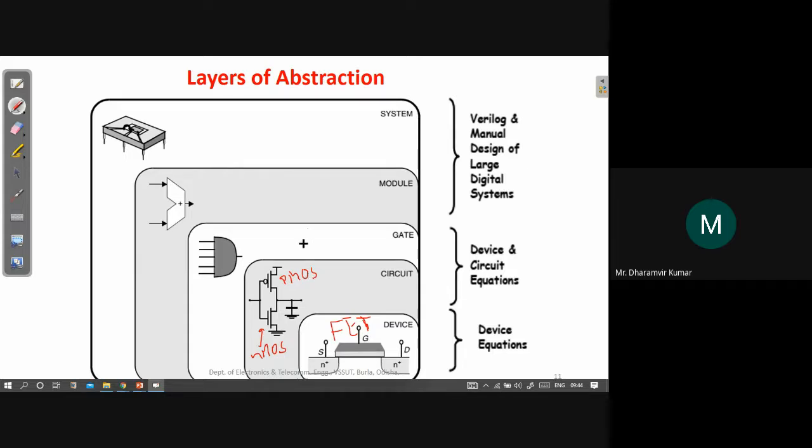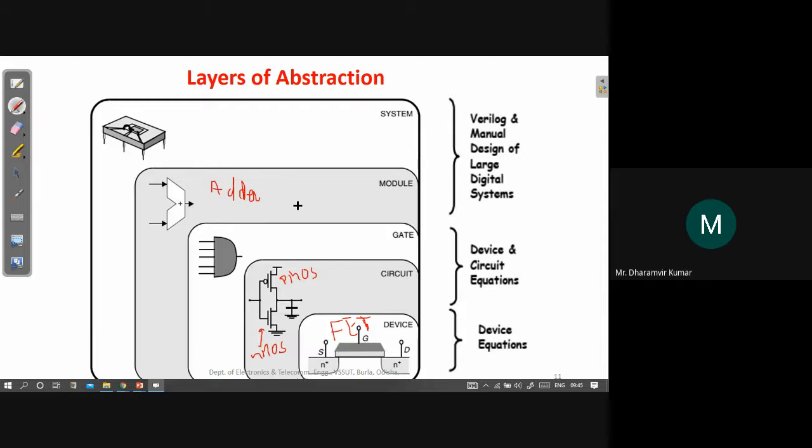When we form some gates, we can use those gates again repetitively, combining them in proper fashion to construct different modules. For example, we can construct adders, subtractors, multipliers, dividers. We can construct a MAC, multiply-accumulate.